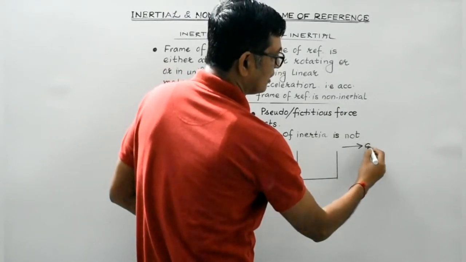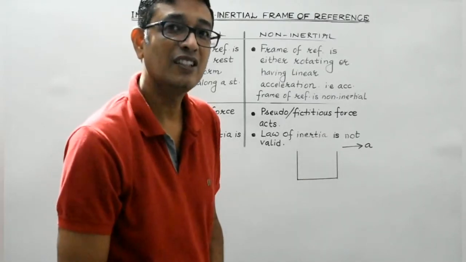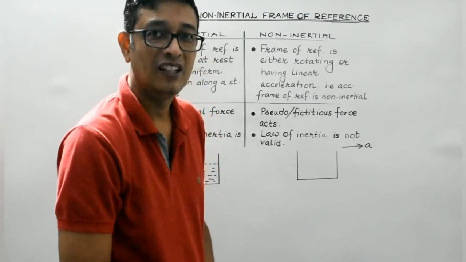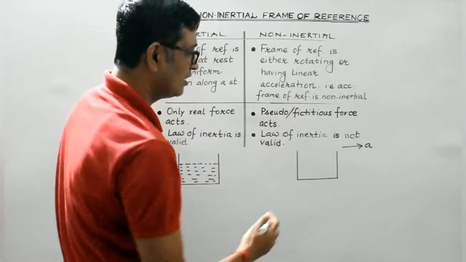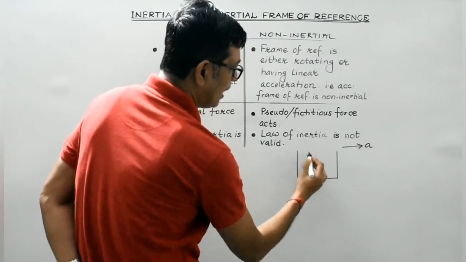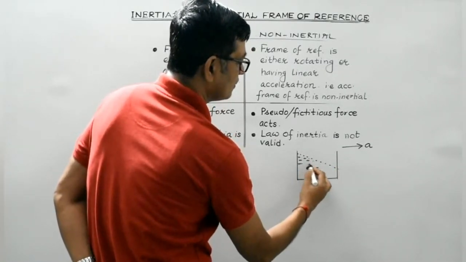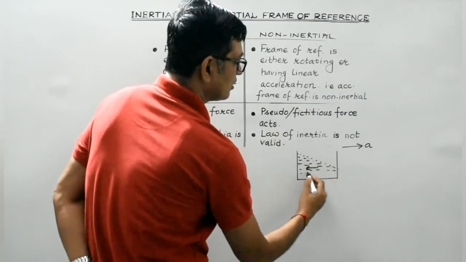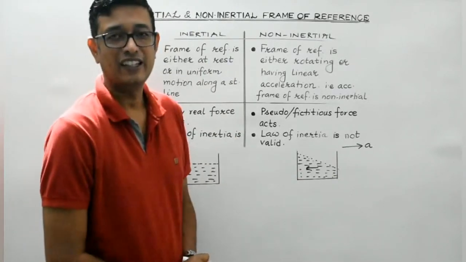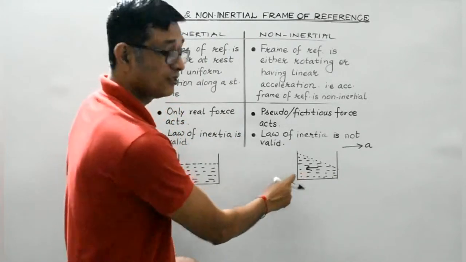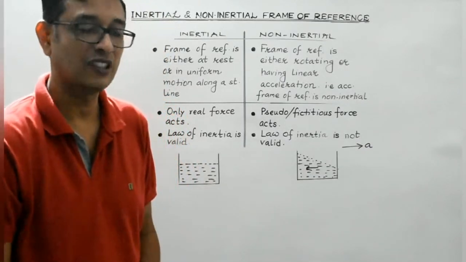Now imagine the same vehicle to be accelerating in the forward direction. Then what happens? The liquid inside the beaker will experience a fictitious or a pseudo force in a direction opposite to which the system is getting accelerated. So as a result of this pseudo force, the level of the water will become somewhat like this. So this is a simple observation which you can yourself observe in your daily life, right? So this is basically due to the existence of pseudo force in the non-inertial frame of reference,